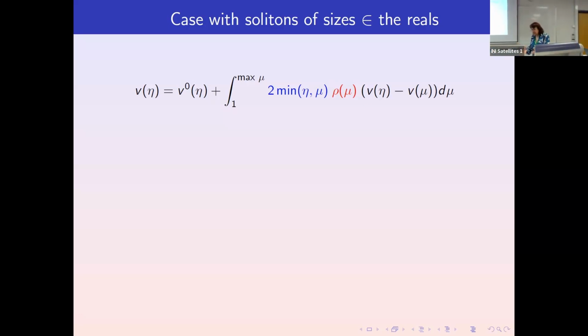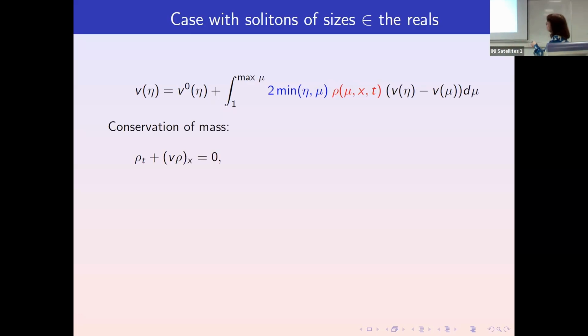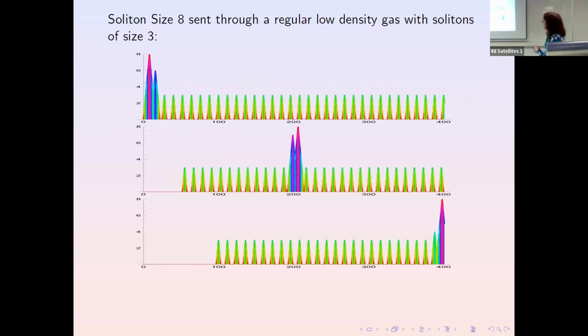If I have any objects that are smaller than size 1, they also move at speed 1, but they're not really solitons, they're like a sort of background material. I can deal with the background material, but I'm just going to remove it. So I'm going to have some solitons of size 1 up to a maximum size. Okay. I also need a conservation of mass equation, which makes sense because if I've got material going into an area, it's got to match up with the material going out.